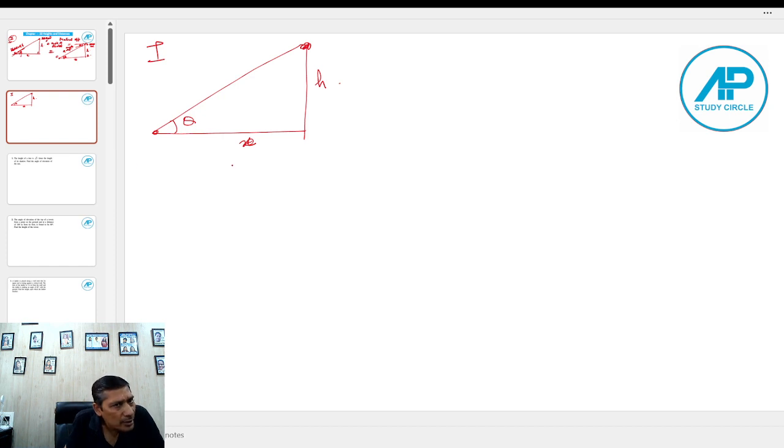So the question is reading like this: a man observes the top of the tree such that he is standing on the ground, and the angle of elevation is 30 degree. Now the second line says that the man moves towards the base by 20 meter so that the angle changes to